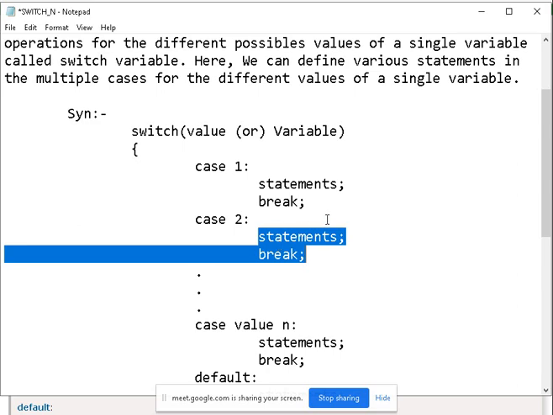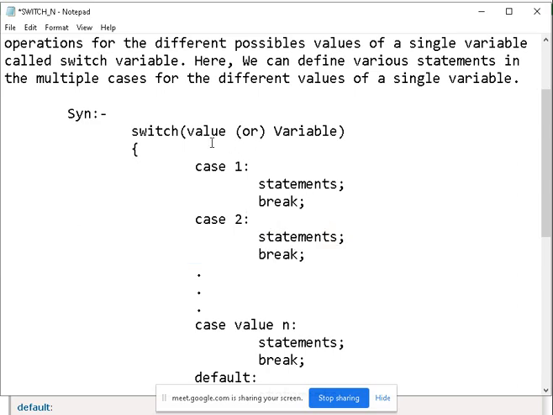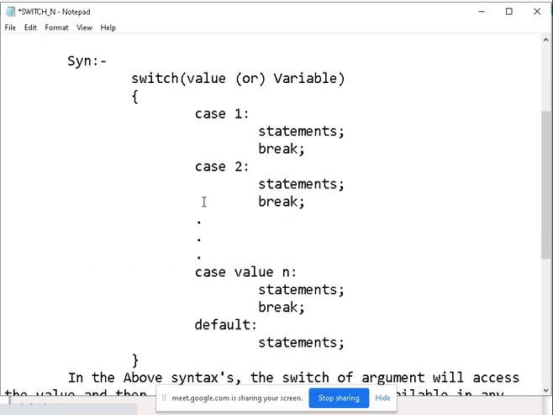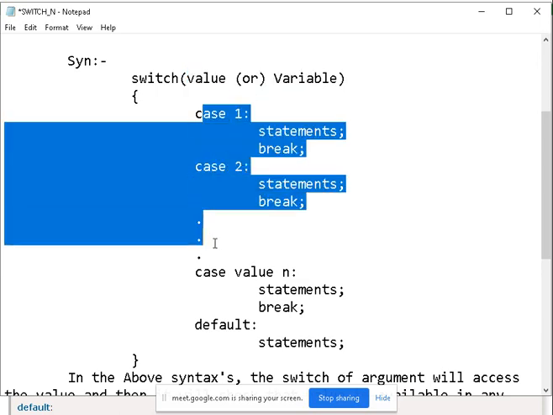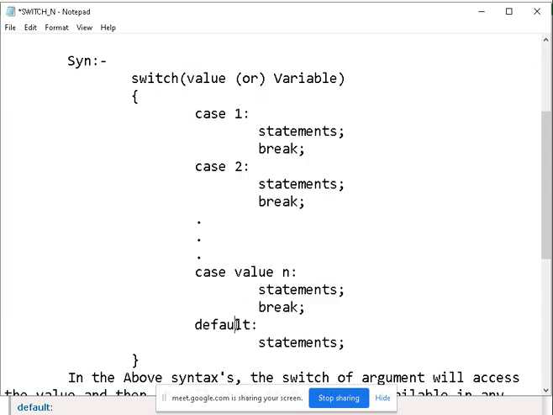Now, if that item is not available in the kitchen, what will he say? He will come to you and say, sir, that item is not available, it is over, so you can go with any other item. Am I right? So if the switch case fails to match any value, then the default case will get executed.